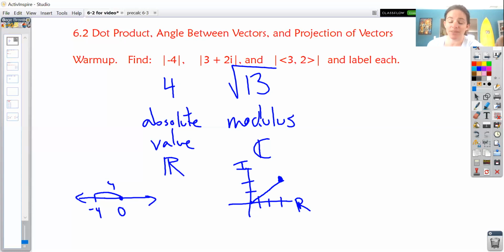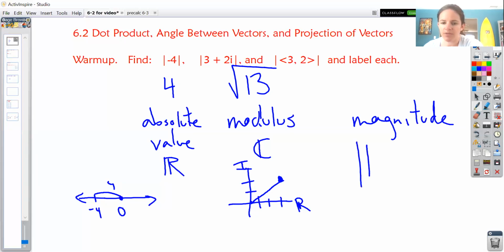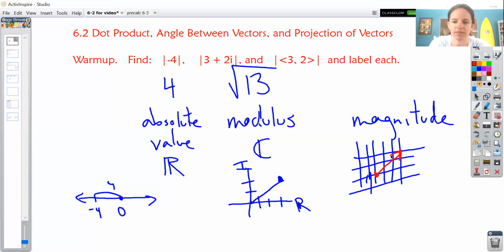And then the last one is the one that we just did. And that would be the magnitude. And that's because what's inside that symbol now is a vector. And so here, it doesn't matter where you start, there's no origin necessarily, right? Vectors have magnitude and direction only. So for the magnitude one, we just start anywhere and we would go right 3 and up 2 and draw our vector. And the length or the magnitude of that vector would end up being root 13 as well,